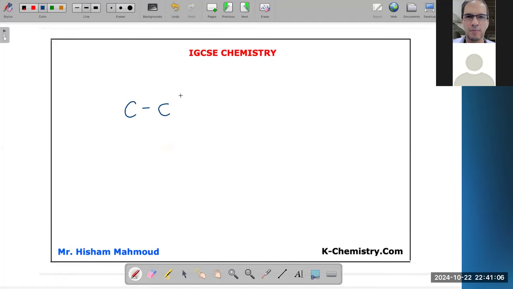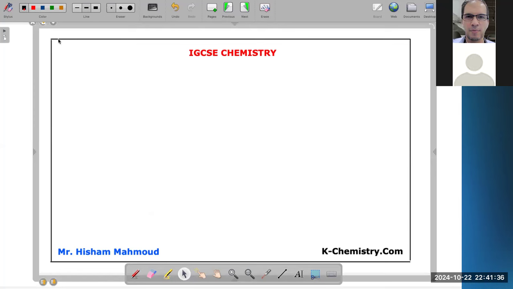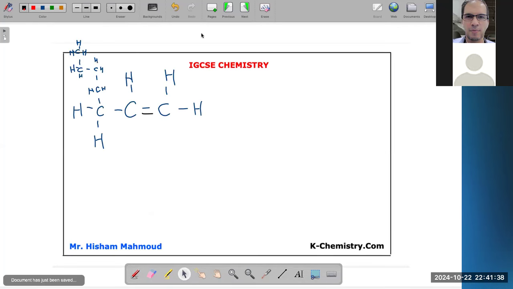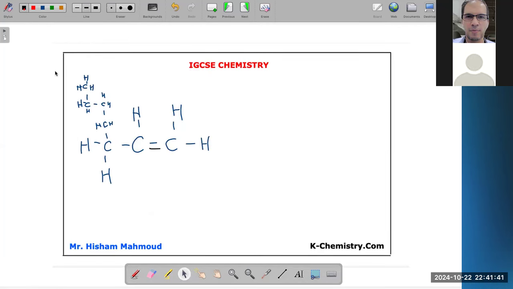Like if you have this compound in the exam, it says H and H and H and C, C, C, C, C. This is your monkey dangling, right? What to do with the monkey? Keep it dangling. So what do you mean by keep it dangling? It means draw it as it is in the exam. This is what you meant by the monkey dangling? Yes. All you have to do is follow the same rules. What are the rules? Remind me. The rules are